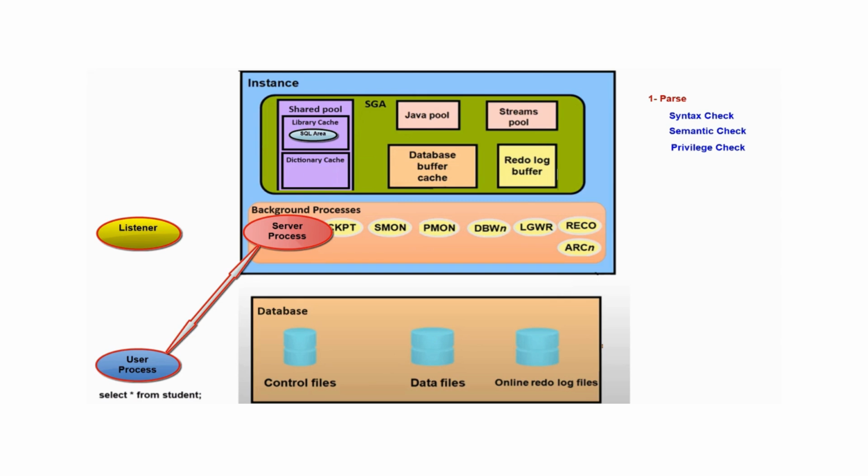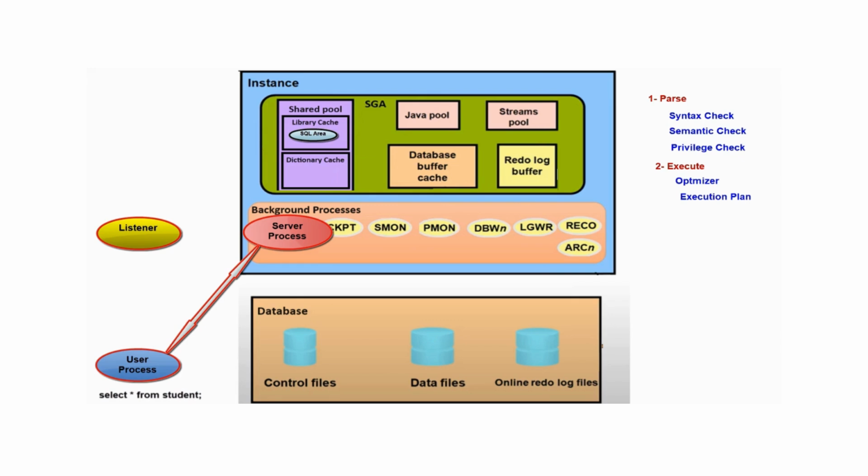After completing the parse stage with its 3 steps, we move to the execute step. Here, there is a software called the optimizer. The optimizer finds the best way to execute this query, taking advantage of the information it has from statistics and others, and presents it in what is called the execution plan. After the optimizer creates the execution plan, the query is executed,